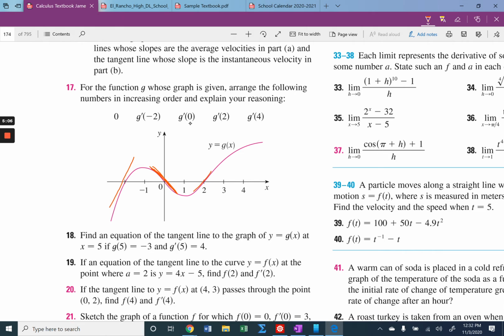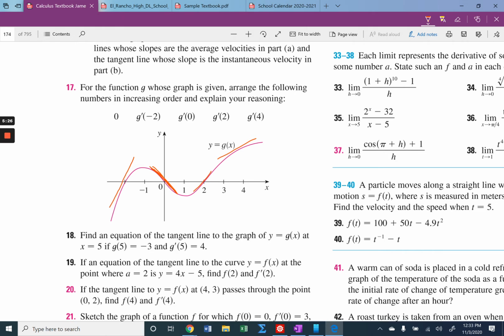Look at the slopes here. Is this larger or smaller than this one? You should be able to tell. And then you put them in the right order. And then do the same thing for g of 4. Look at this. Draw a little tangent line or something close to it and tell me, well,